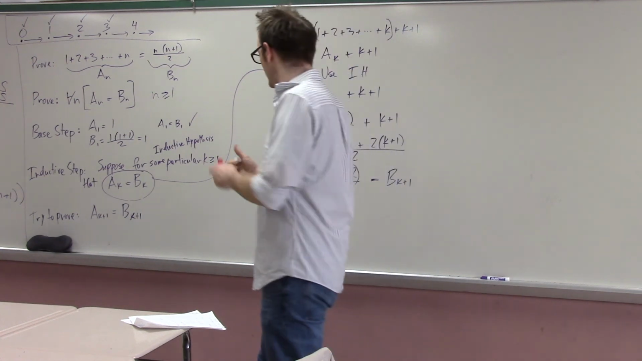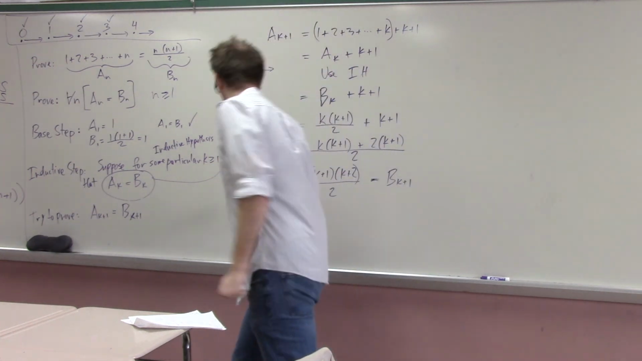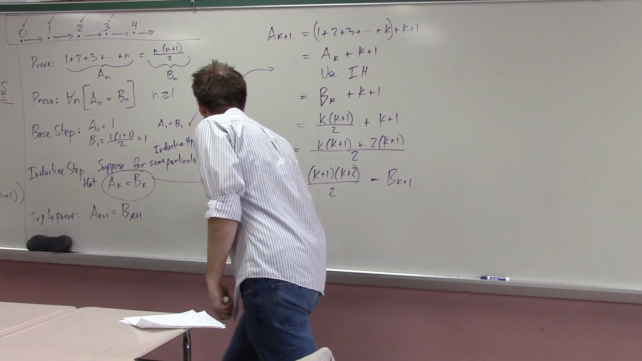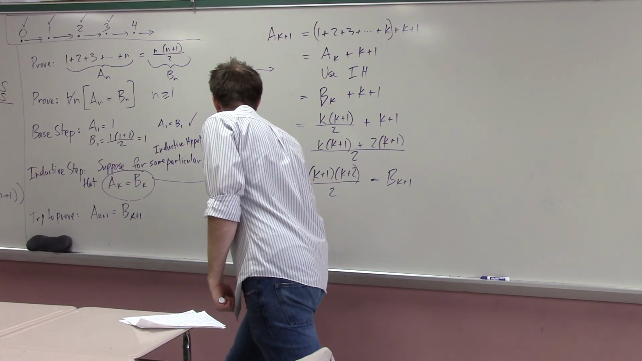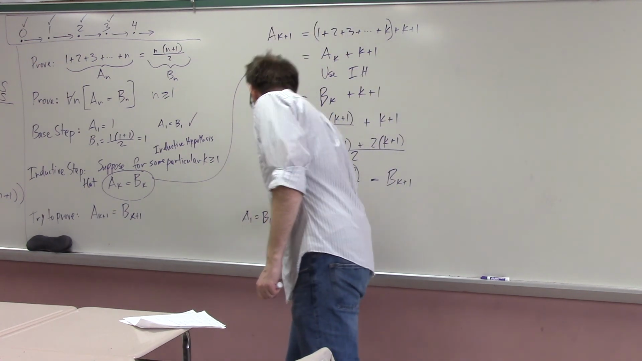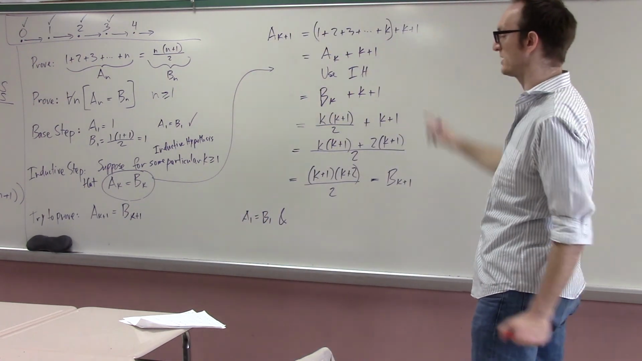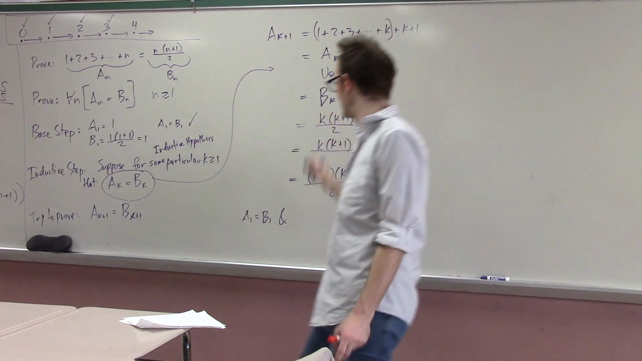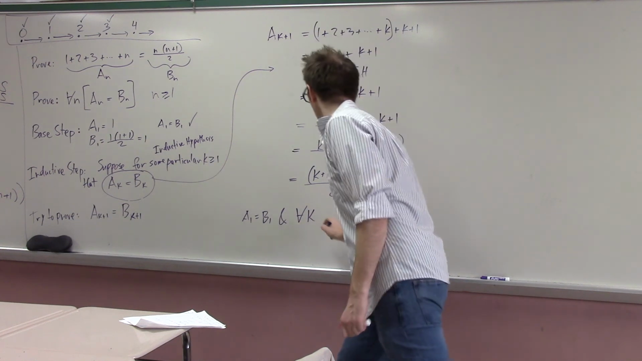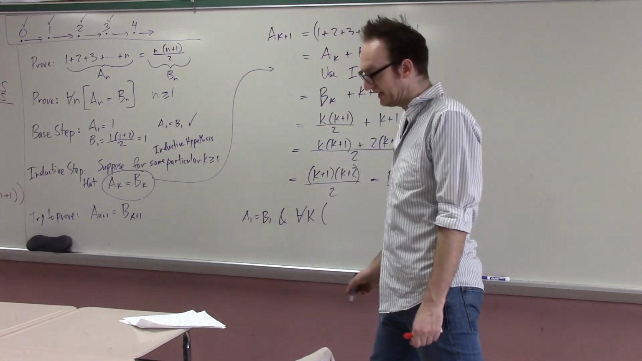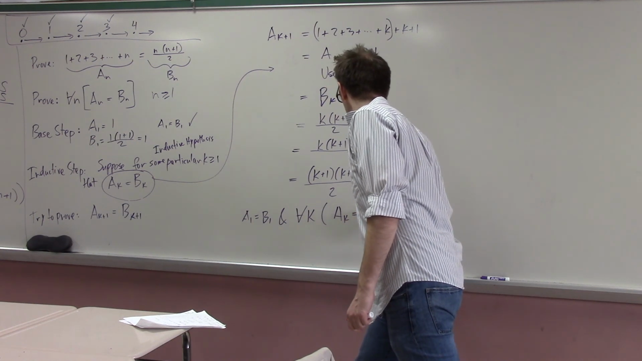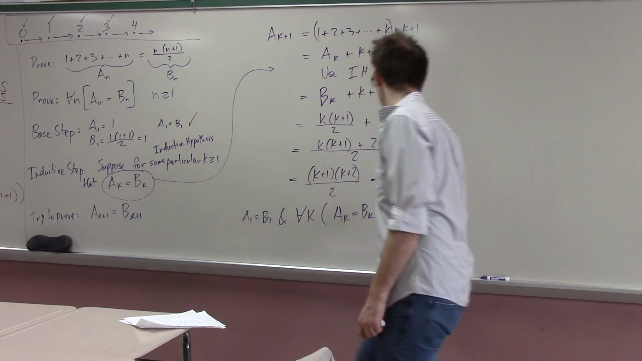So now we have this magic sentence, and I want you to write this every time because it shows that you actually understand what's going on. A sub 1 equals b sub 1. We showed that that's true. And now we just state the conclusion of the inductive step: for all possible k, a sub k equaling b sub k implies that